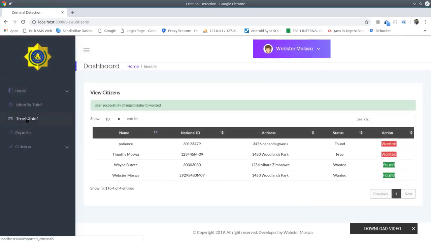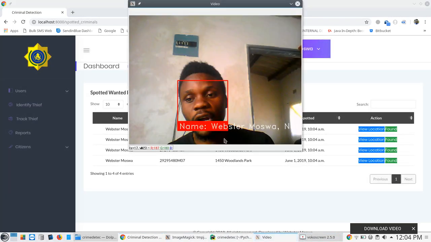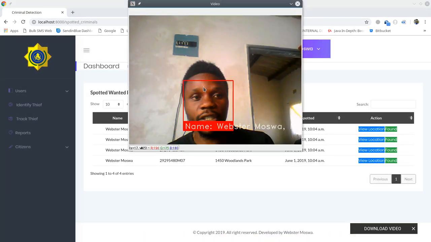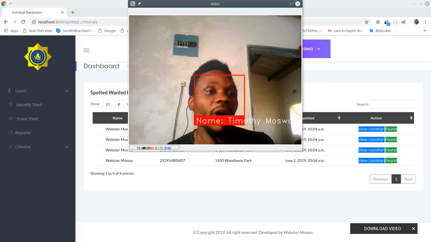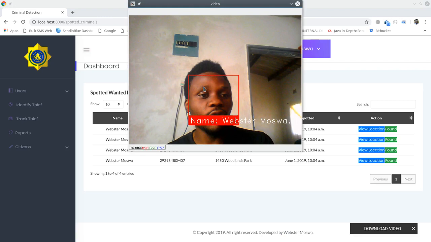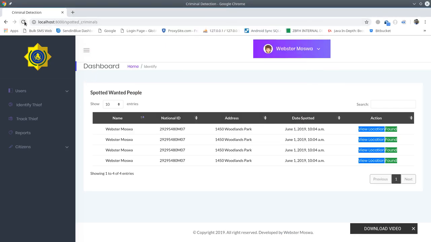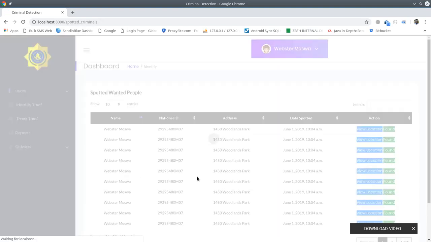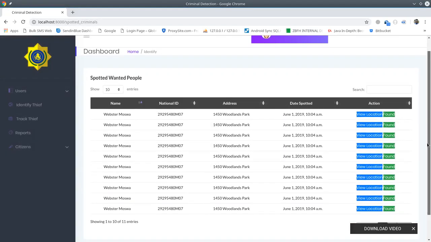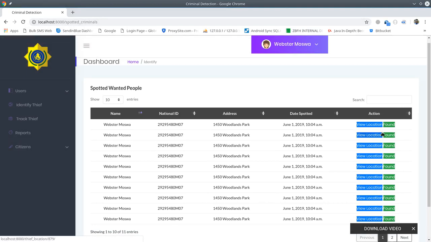So what happens now is, for every second that the system is capturing my image, it's updating the police, sending an alert that we found this person. So basically, as you can see, if I try to refresh here, the more it identifies me, the more it populates the image in our database. The system is picking the longitude and the latitude, which constitute the coordinates of the position that I'm currently at. So if I go and say view the location,